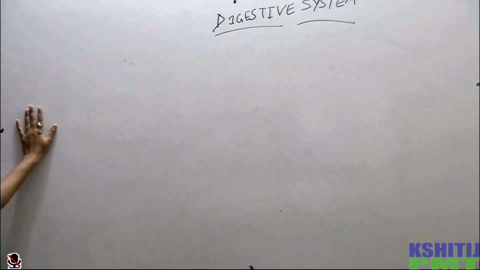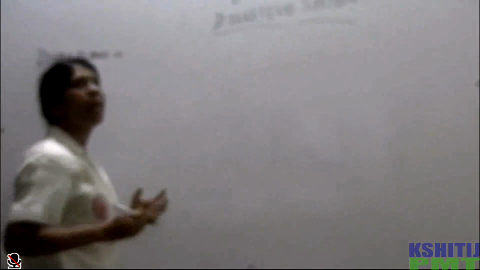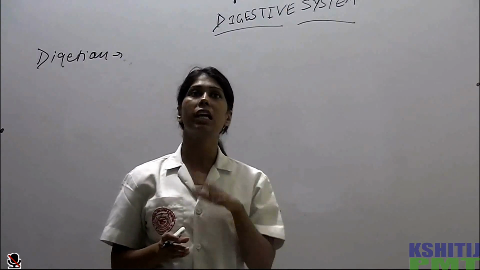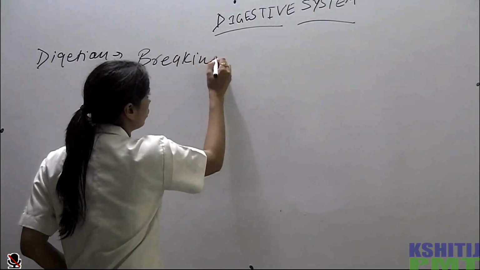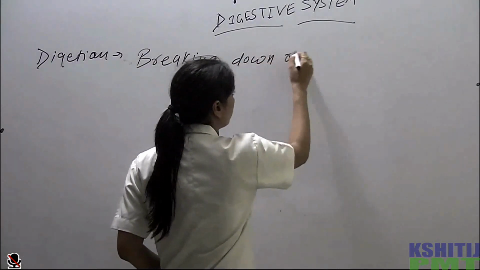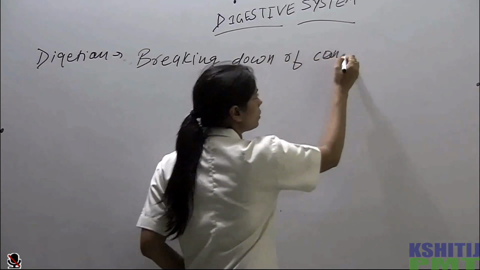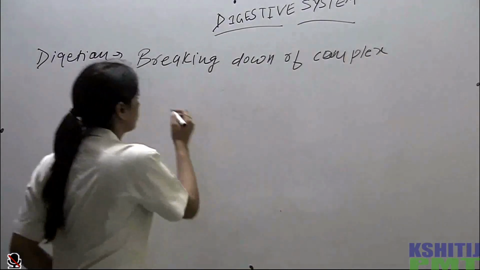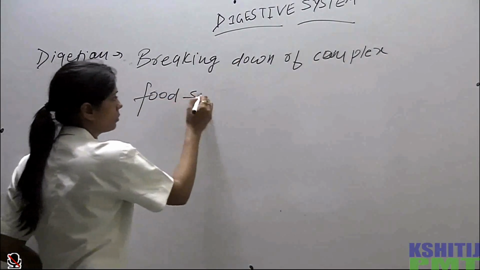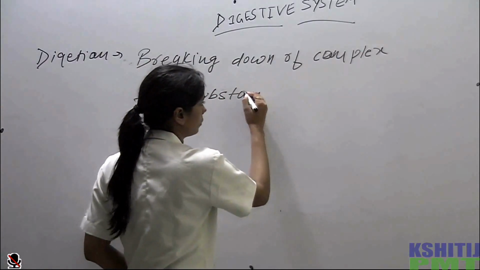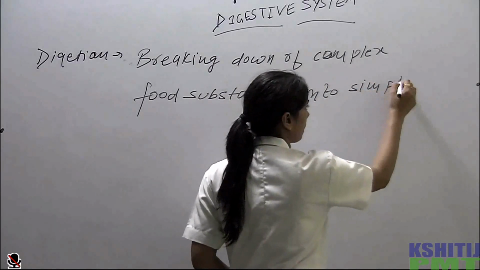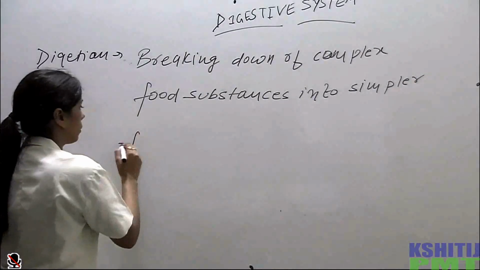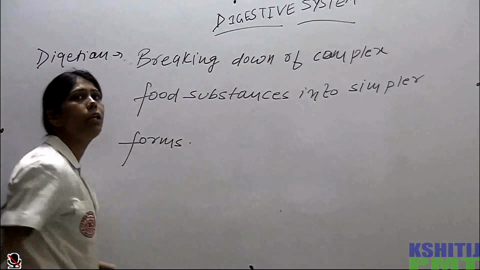So, first of all, what is digestion? Digestion basically is the breaking down of complex food substances into simpler forms. Whatever we eat,